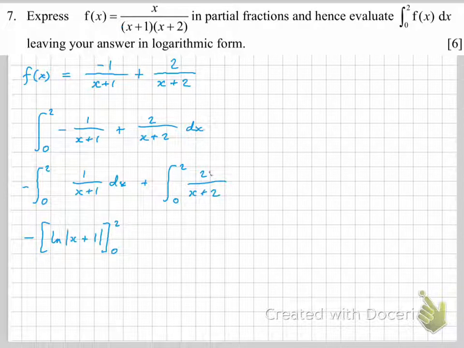With the second one, what you can do with this awkwardly is to go, well, is it a perfect Lund integral? Almost, not quite. The derivative of the denominator is 1, but we've got a 2 there. So to make that a 1, we'd have to multiply by a half, and to compensate for that, we'd have to divide by a half outside, or times by 2. But I think it's easier just to think,